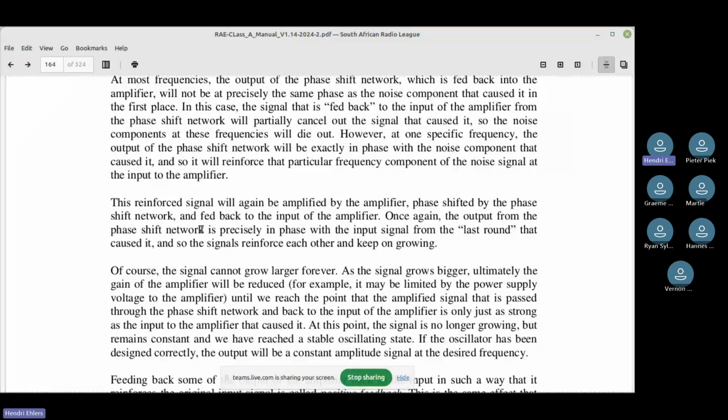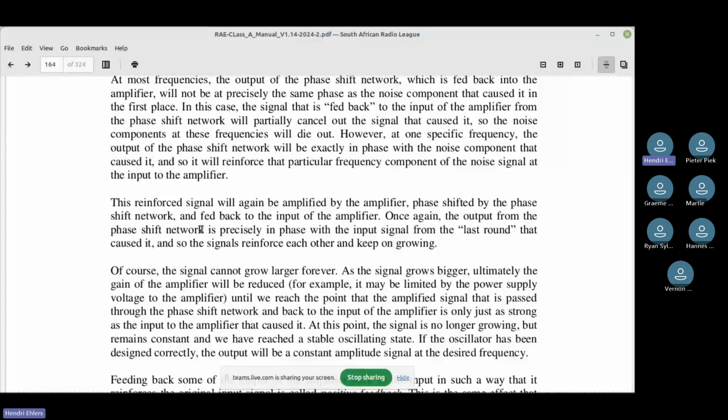So the noise components of these frequencies will die out. However, at one specific frequency, the output of the phase shift network will exactly be in phase with the noise component that caused it, so that will be reinforced.